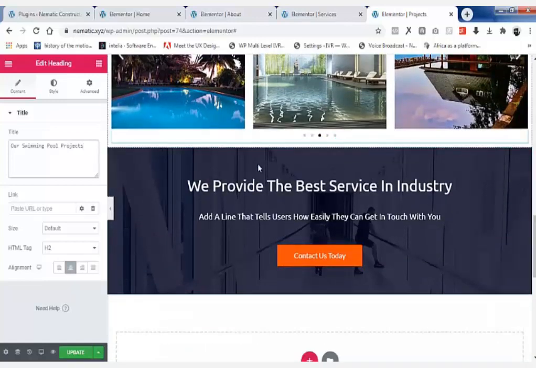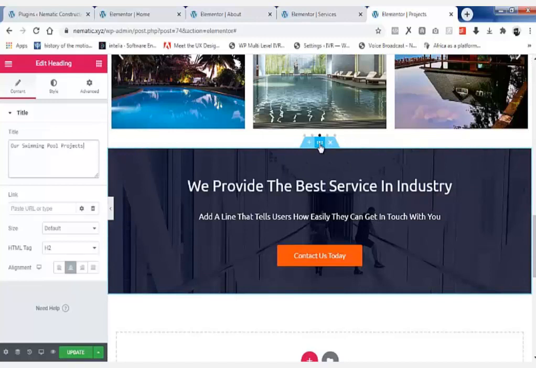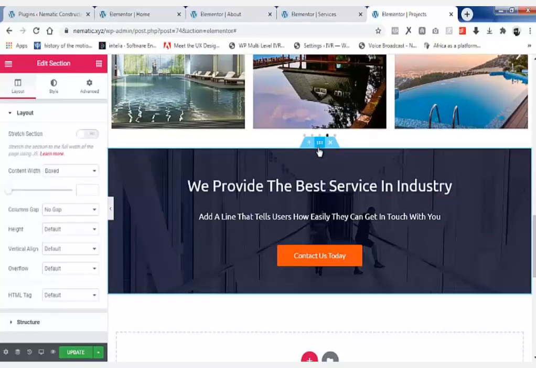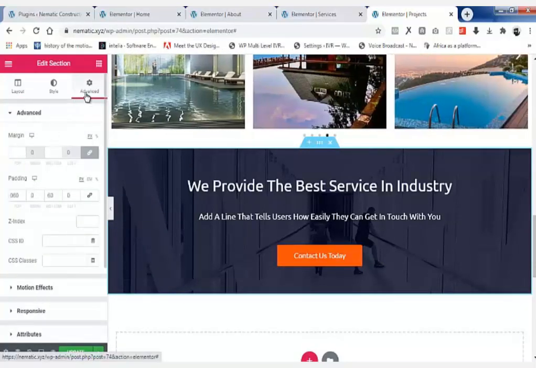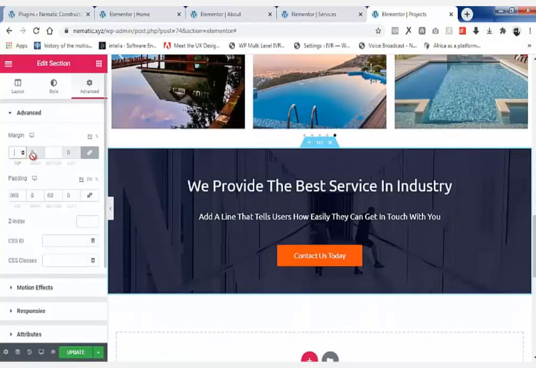So here, as you can see, we have little or no gap at all between these two elements here. So I'm going to click on this which says edit section here. So I'm going to head over to advanced. Okay, so after you've clicked on advanced, you're going to head over to your margin. So under your margin, you can just delink this first of all.